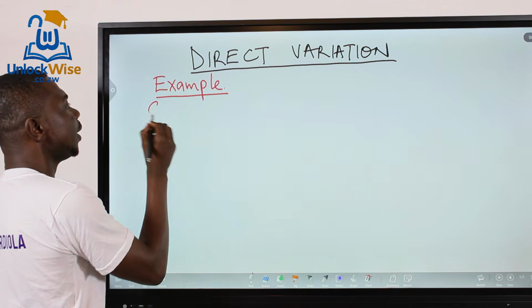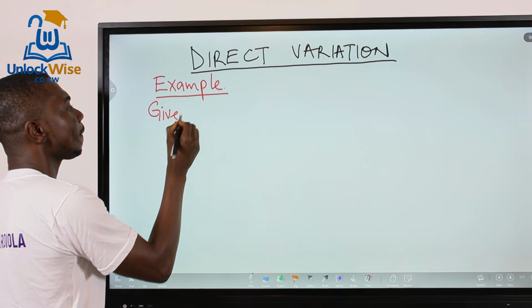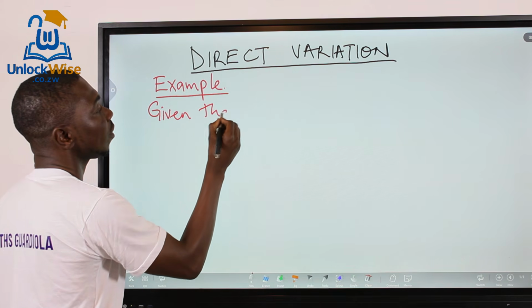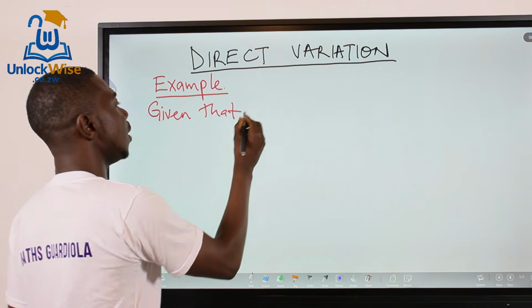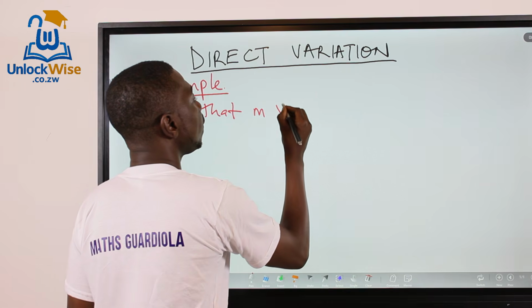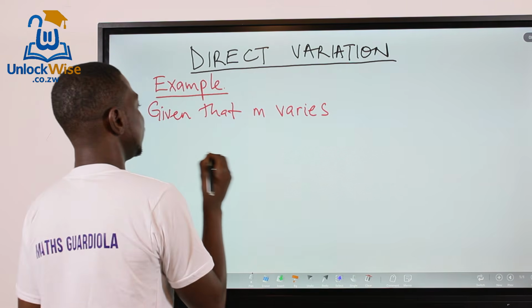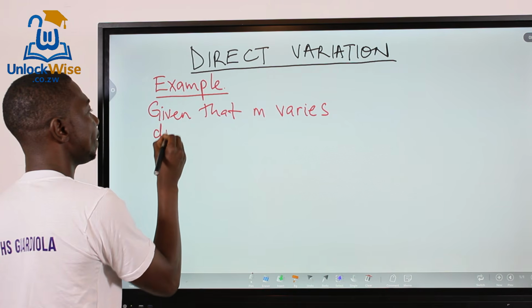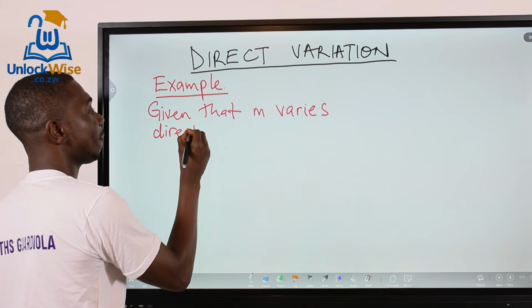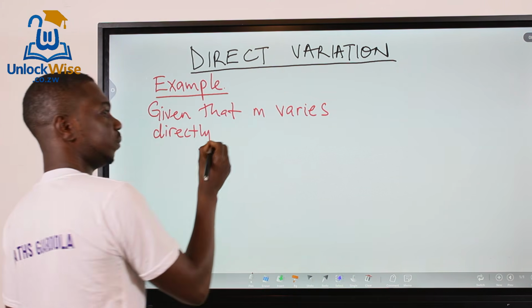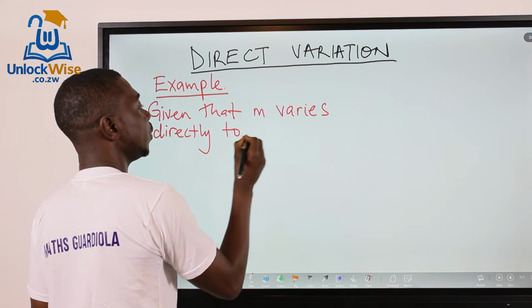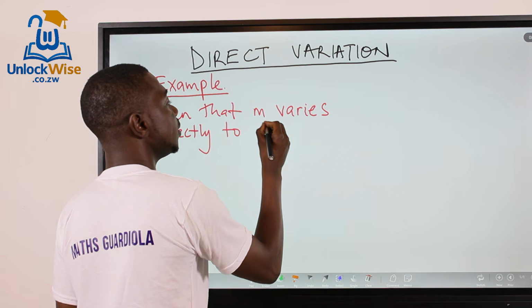Given that m varies directly to n squared